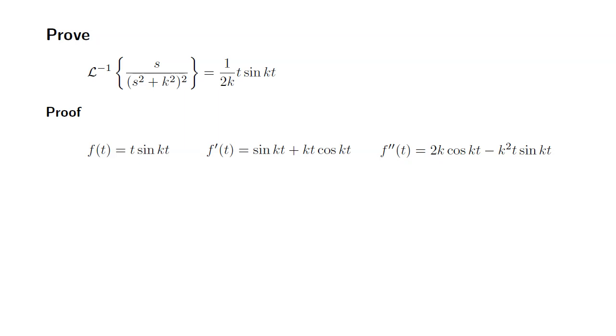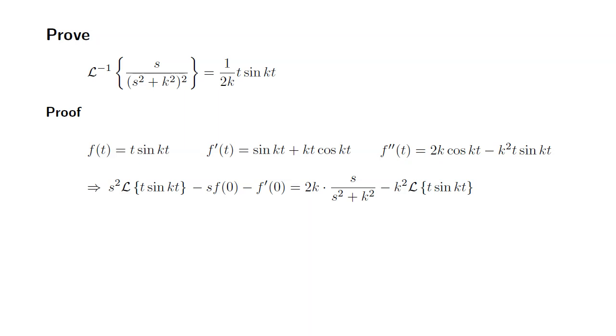So f double prime of t comes out to be 2k cosine of kt minus k squared t sine of kt. By taking the Laplace transform of the second derivative, we're going to get this. If you take the Laplace transform of f double prime, you get s squared times the Laplace transform of f of t, which is t sine of kt,